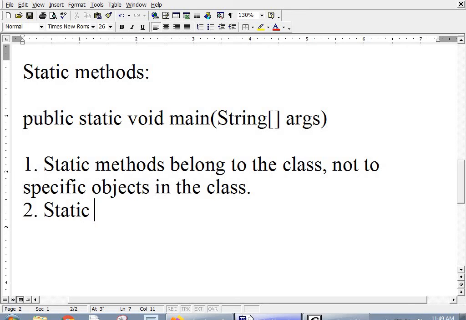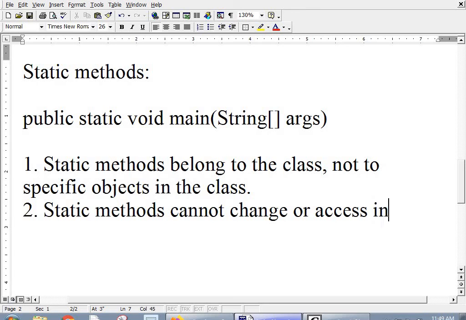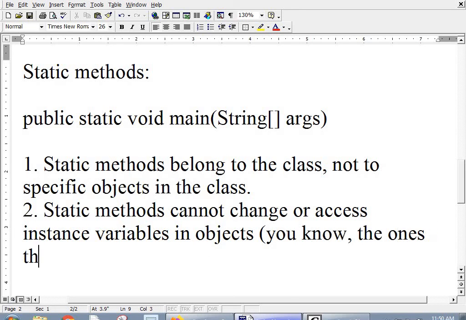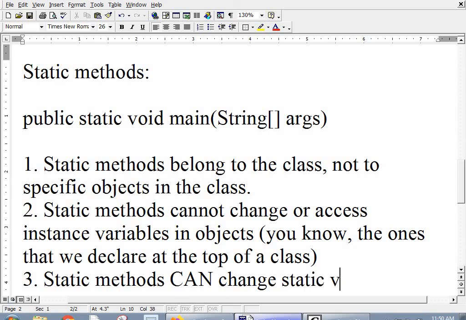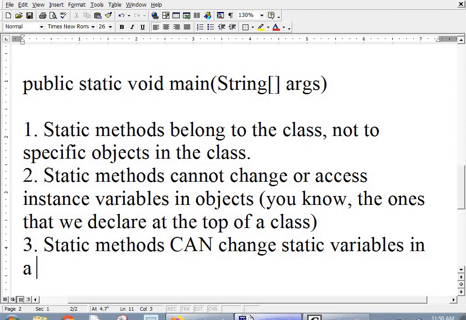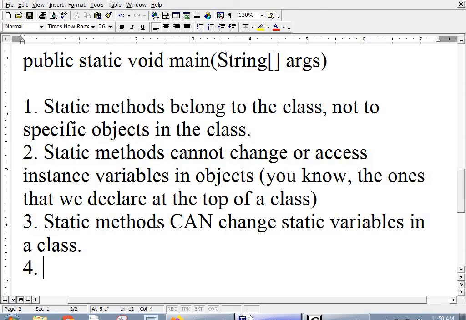And static methods cannot change or access instance variables in objects. You know, the ones that we declare at the top of a class. It cannot change or access the non-static variables in the class. Static methods can change static variables in a class. And lastly,